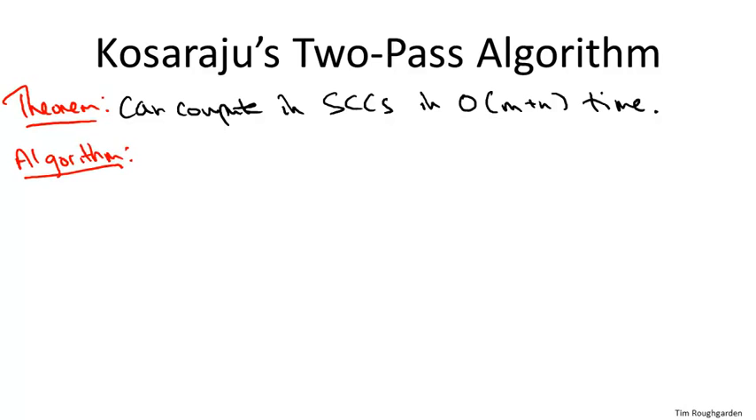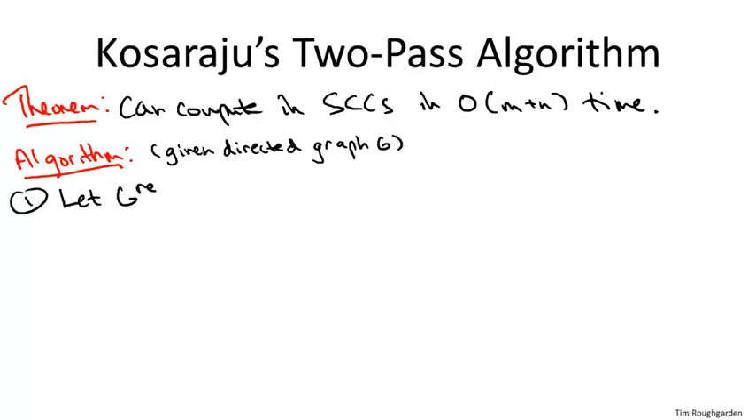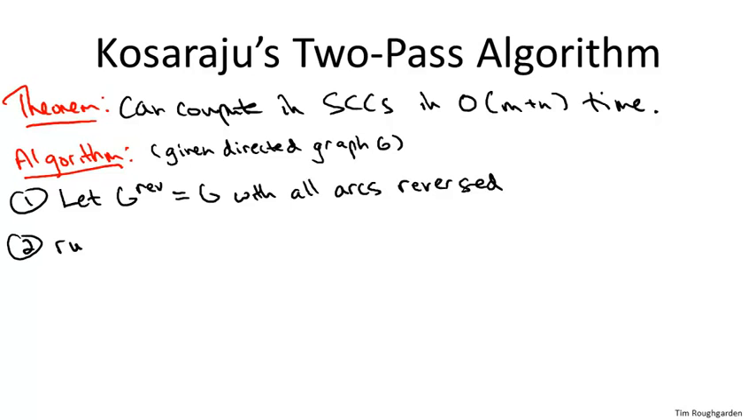Kosaraju's algorithm is shocking in its simplicity. It has 3 steps. Let me tell you what they are. First, very mysteriously, we're going to reverse all of the arcs of the given graph. Totally not clear why that would be an interesting thing to do yet. Then we're going to do our first pass, our first depth first search, and we're going to do it on the reverse graph. Now, the naive way to implement this would be you'd literally construct a new copy of the input graph with all of the arcs in the reverse direction and then just run depth first